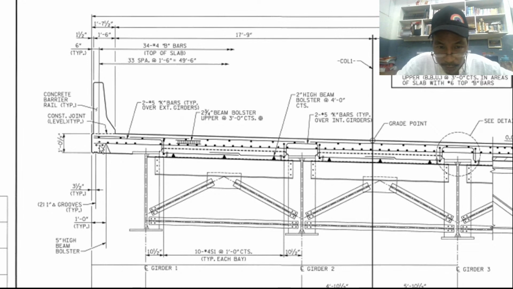So the edge of the pavement of this bridge, from the edge of the bridge, we have 6 inches. Then we introduce reinforcement. That black dots, 1 and 2. We use 2 dots, okay? And then